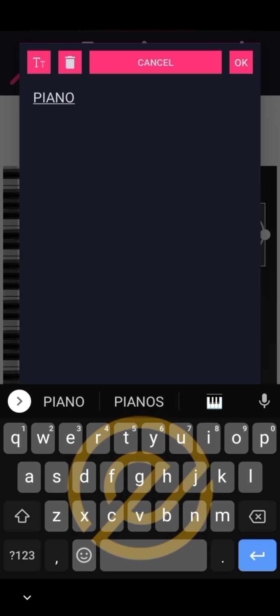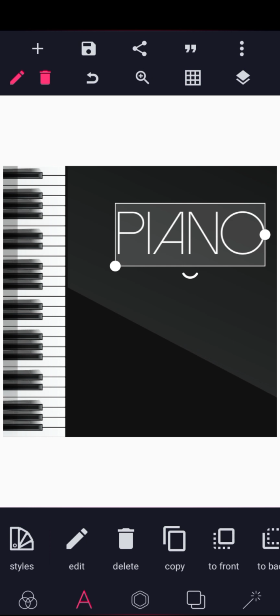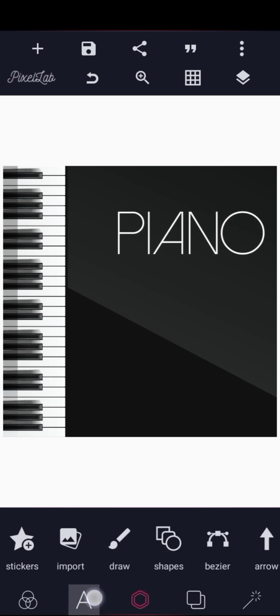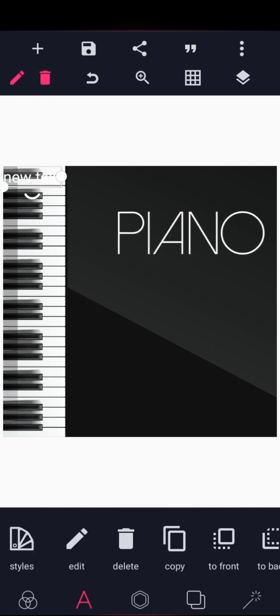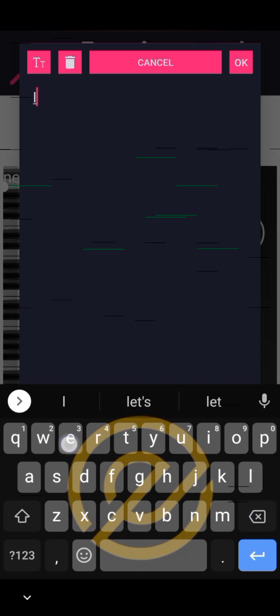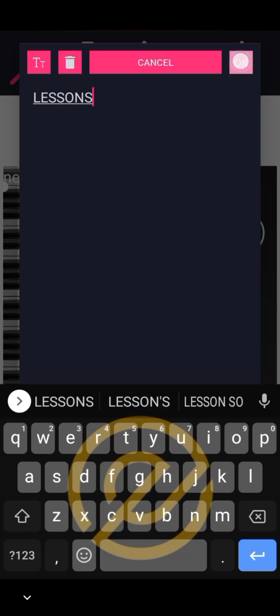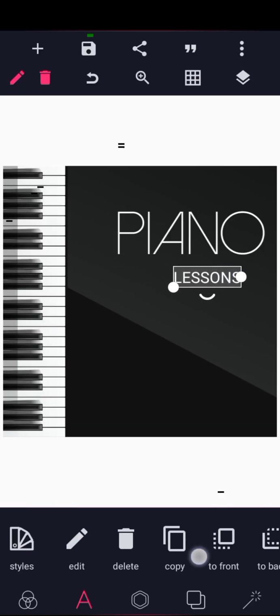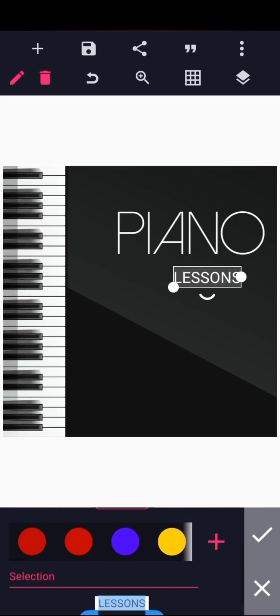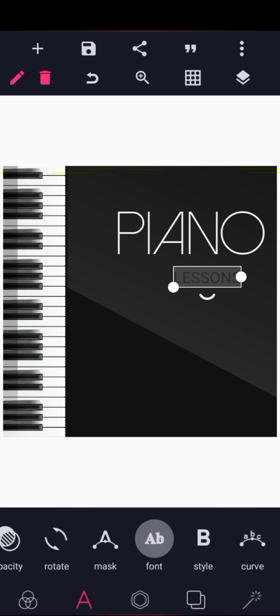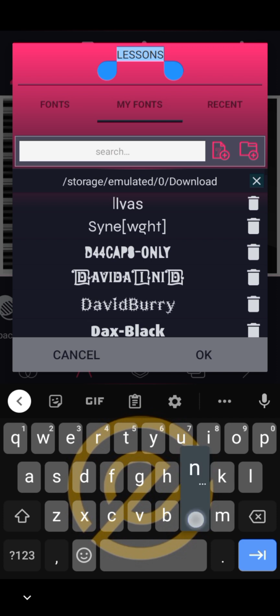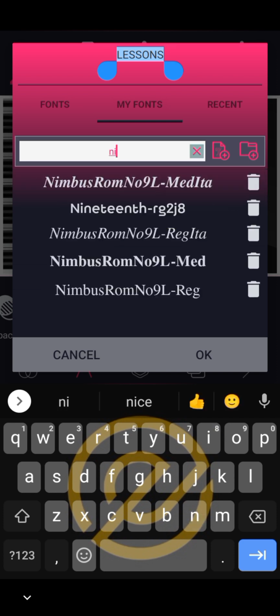So the next thing I did was to write lessons. It's as simple as writing lessons, and you just put a background color. So we're going to make the text black, and we're going to use a font called,